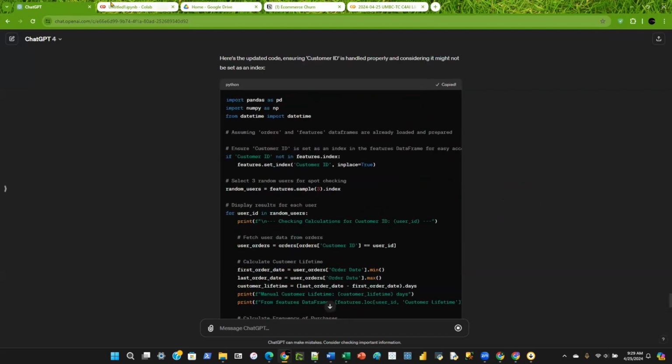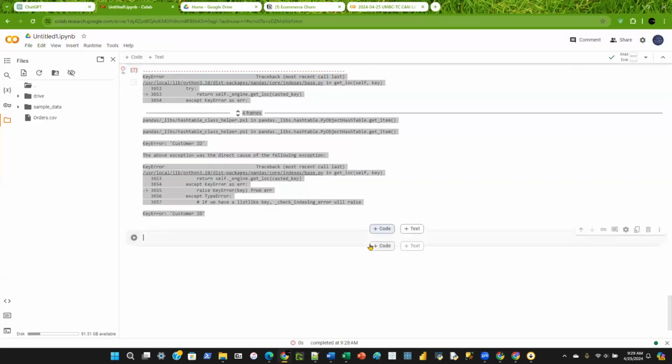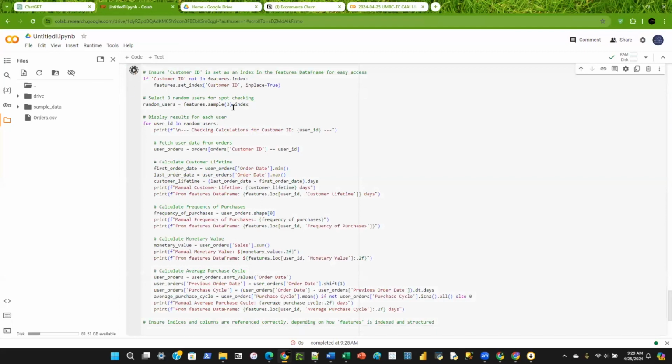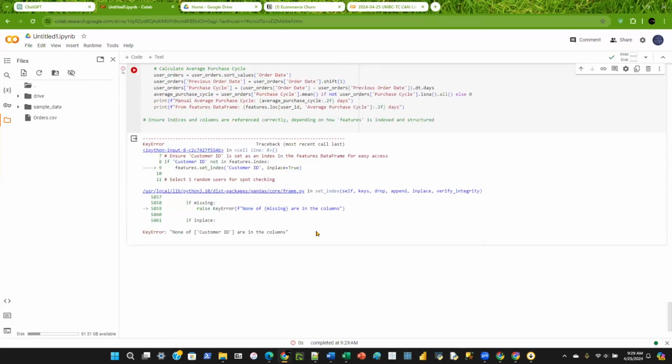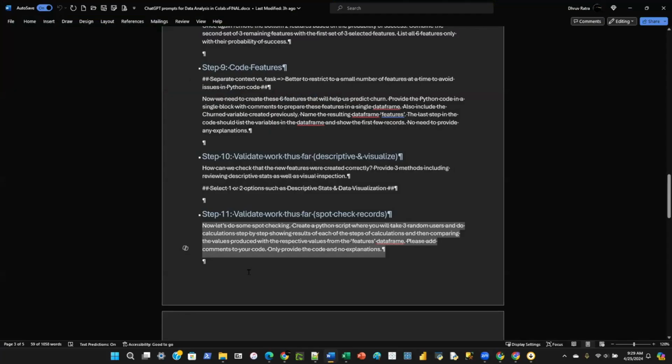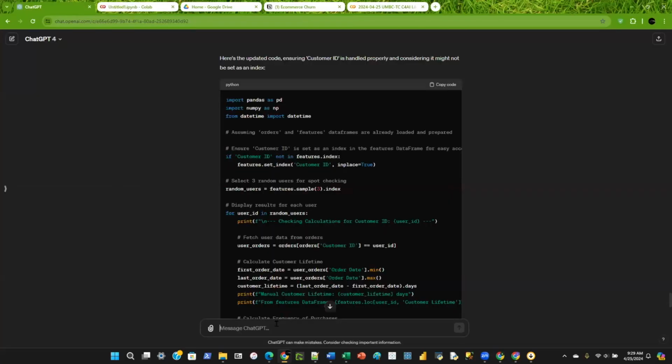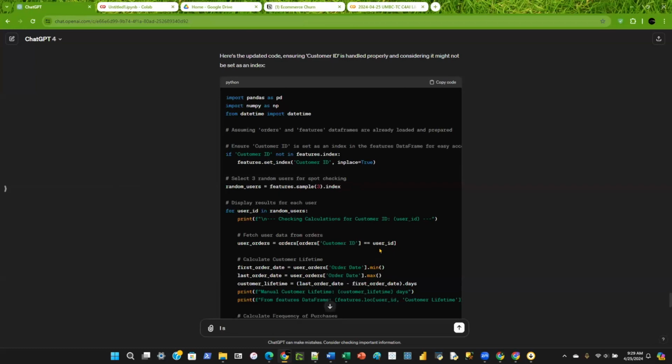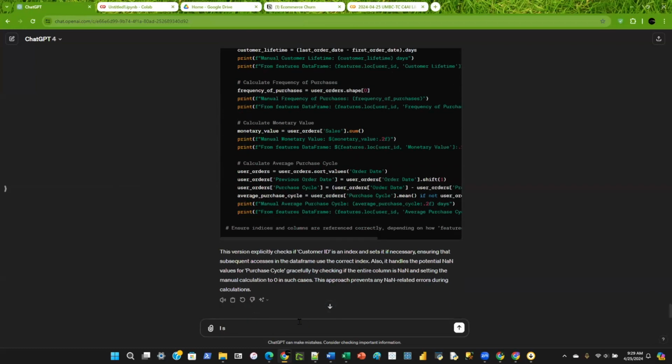So copy this code, run it, and it's still giving me an error. This is what I was hoping would not happen, but I am still getting an error.